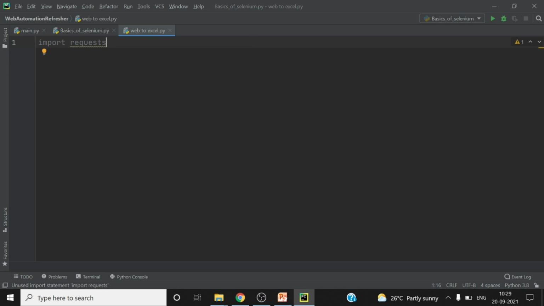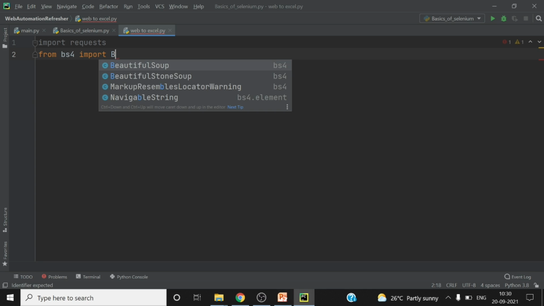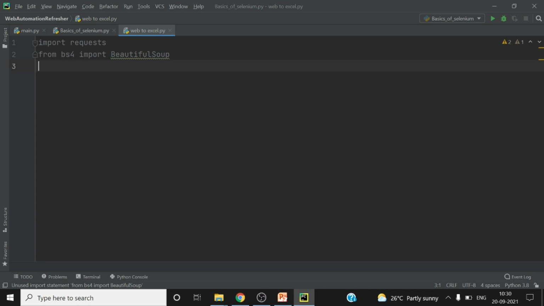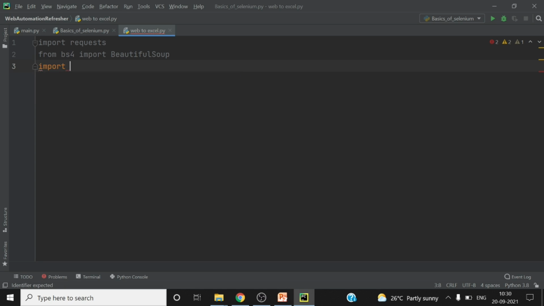If you don't have the requests library in your Python, then you can add that. And then Beautiful Soup, with a capital B. And in the end, we will require pandas to write data.